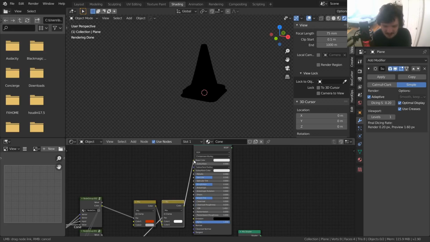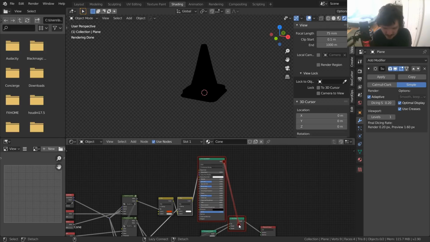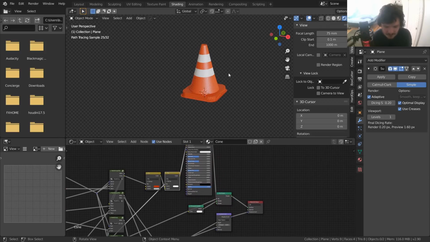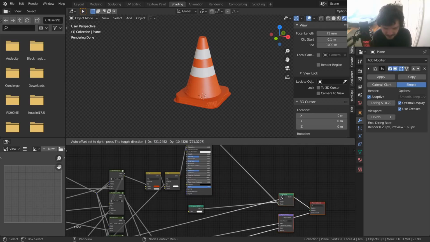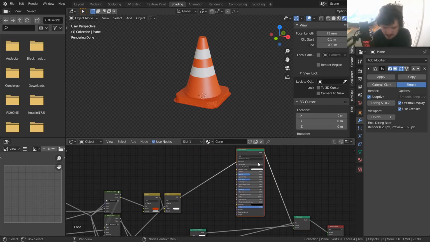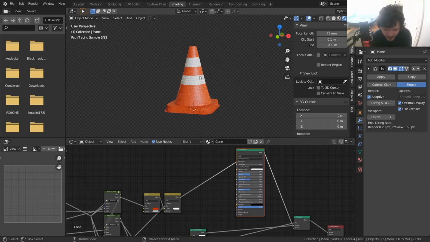But we're just going to connect this to the base color and this to our mix shader. So effectively, we've just replaced our diffuse with a principled BSDF, which gives us a lot more control, which is a good thing, but it also means we need to do a lot more work. So first of all, you see this thing is super, super shiny,